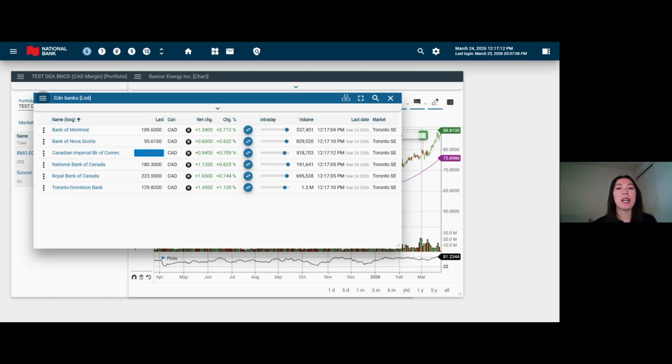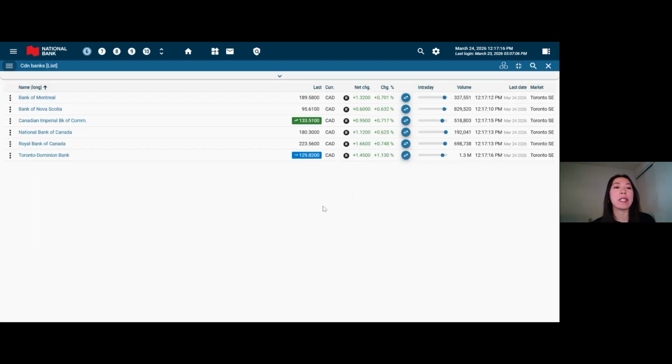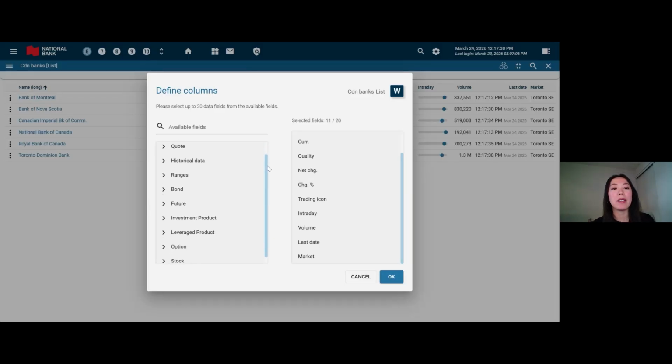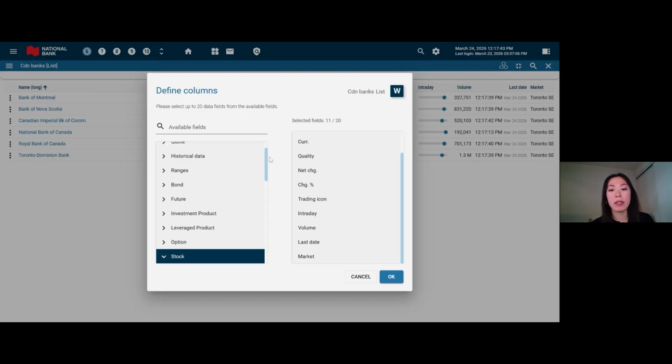And let's say you want to customize the columns within your watch list. Let me expand this for you guys. So let's say you wanted to customize the columns. Again, left-hand side, the 3 lines, click on Define Columns. And it's the same principle as when you're adding the different columns to your portfolio. The right-hand side is already what is embedded in the watch list, but you're free to add a whole bunch of other columns. So let's say